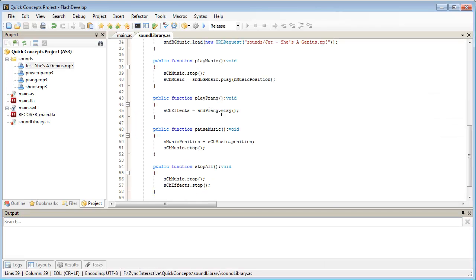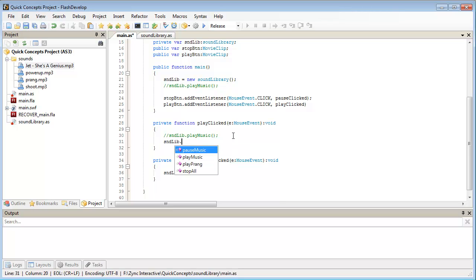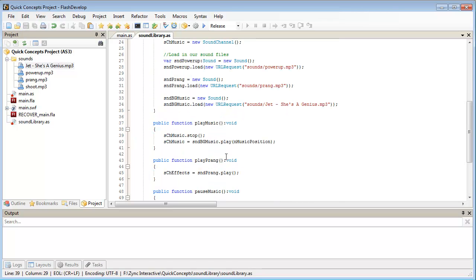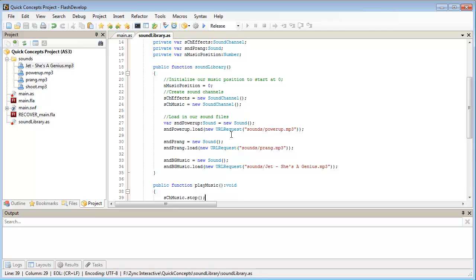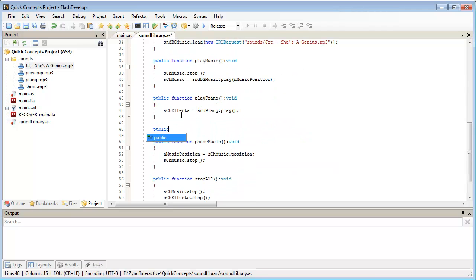So we got our sound effects to play, and let's just take out the play button for a second, and let's not play our music at the start as well, just to show that we can get our sound effects to play. So in our sound library, let's play praying, and then what other file do we have here? We loaded in power up, so let's make a function for that as well. Public function play power up,